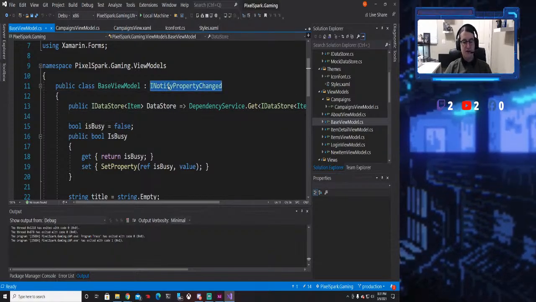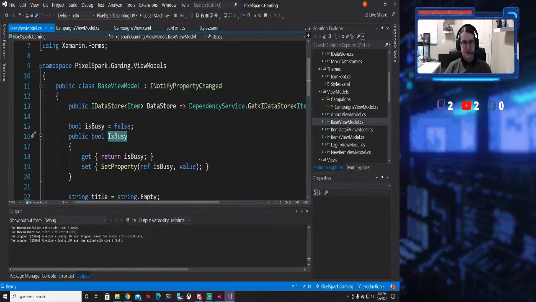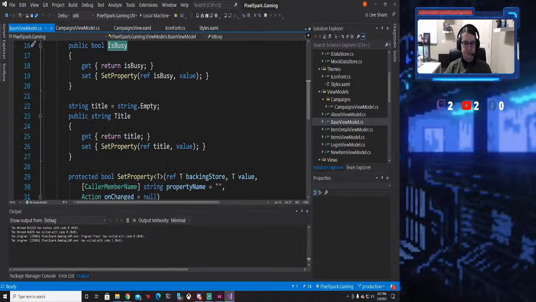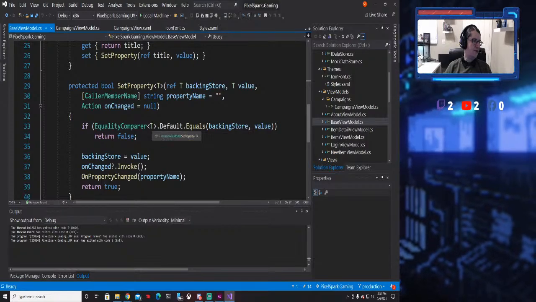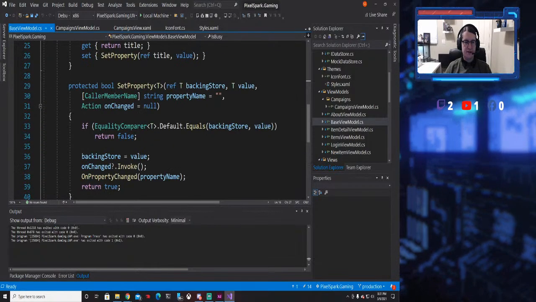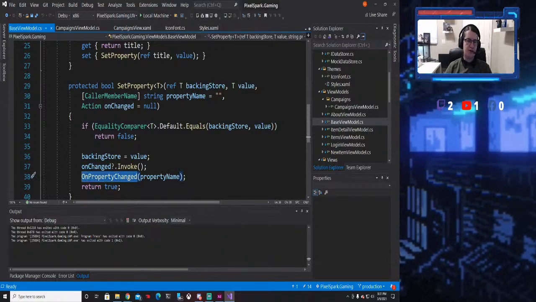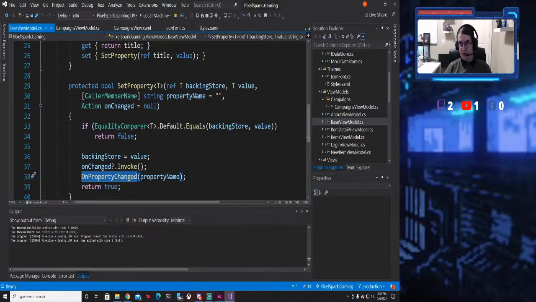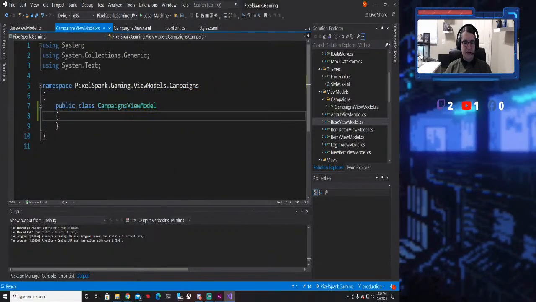So INotifyPropertyChanged is something you implement in MVVM, so that you could just update a property, and it will update that UI element, and you won't have to worry about calling different threads. And it triggers this event, PropertyChanged, and when your view is bound to your view model, it will know what to update when you change something. So let's create